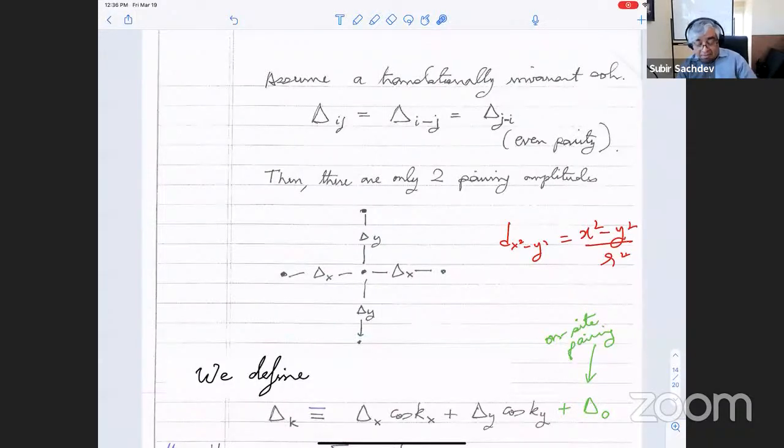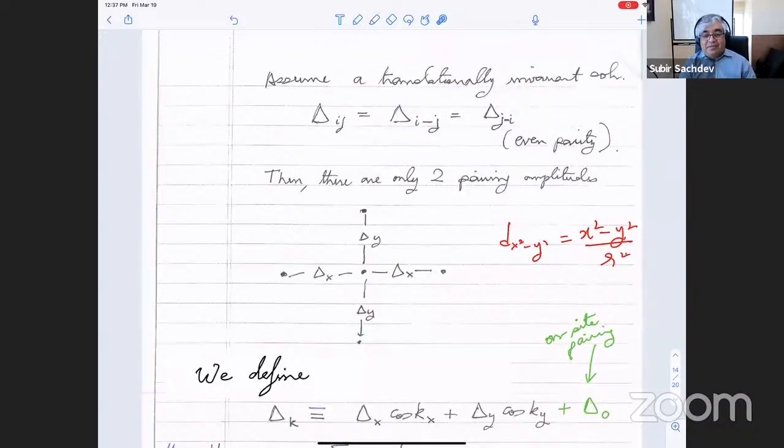Anyway, so it turns out delta x can be minus delta y, and that doesn't break any symmetry. In fact, you have to do a very, very careful quantum interference experiment to detect it, because delta by itself is not measurable. You can only measure the correlation functions of delta. It doesn't conserve the number of particles, so it's not a measurable quantity. So the phase of delta is free for you to